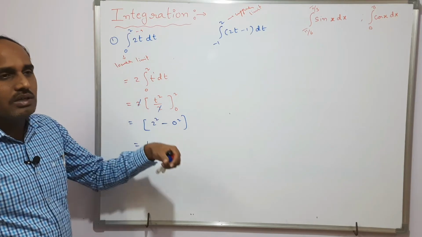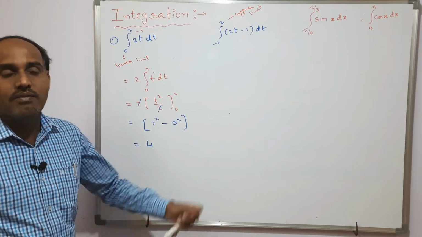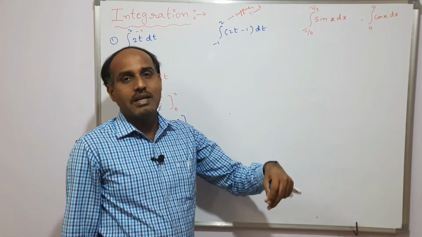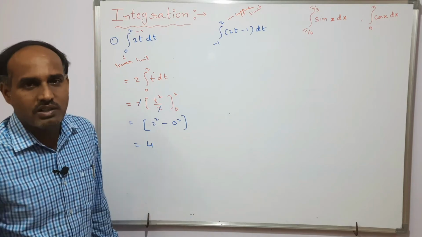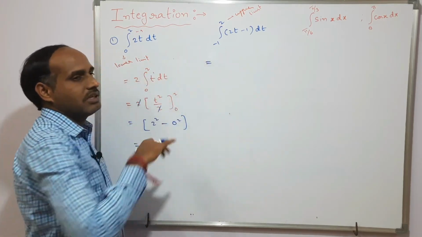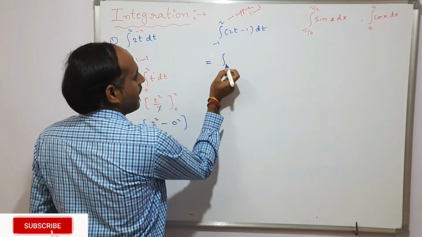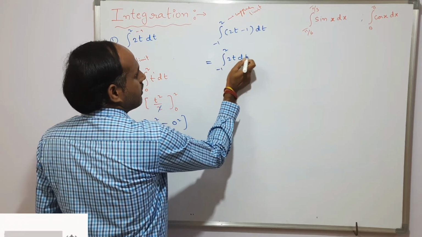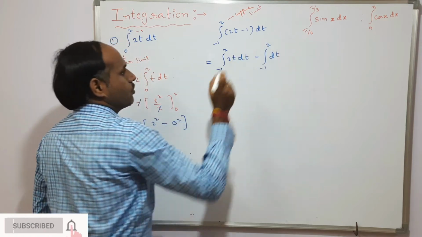These we use especially in physics, to know the change in a physical quantity from one point to another point, or from one time to another time, or one position to another position. How, we will discuss in the further videos, right? So now let me check only the mathematical part of this integration in this video, right? So here in this, can I write this one as the integral from minus 1 to 2 of 2t dt minus the integral of dt from minus 1 to 2.